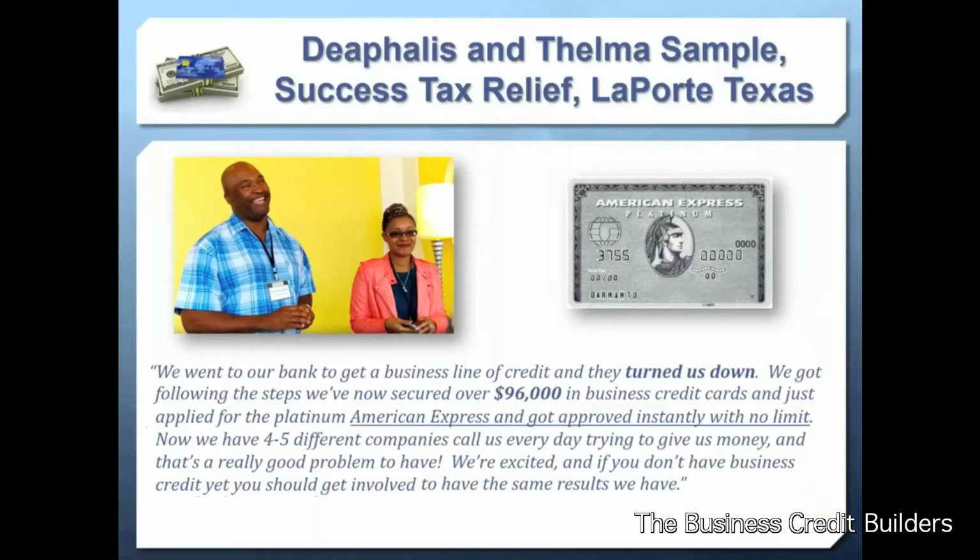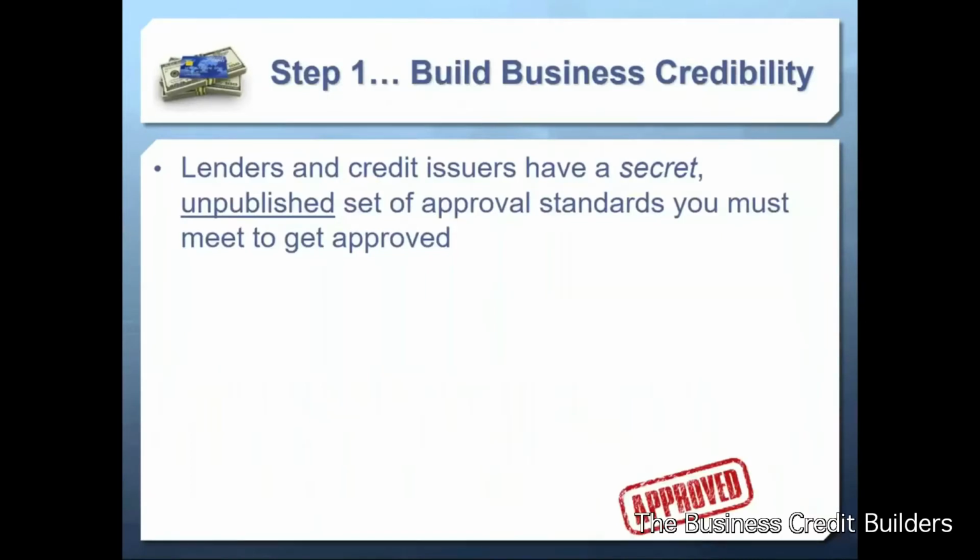So the very first step, we've got to set up your business credibly. Lenders and credit issuers have a secret set of standards that you must meet to get approved. You get this, I get this. You've applied for credit cards. One of two things happens. You either get an automated approval, or you get that dreaded message that you'll hear by mail in 7 to 10 days. Well, what's happening is that when you're entering your information in there, the credit issuer's computer is processing